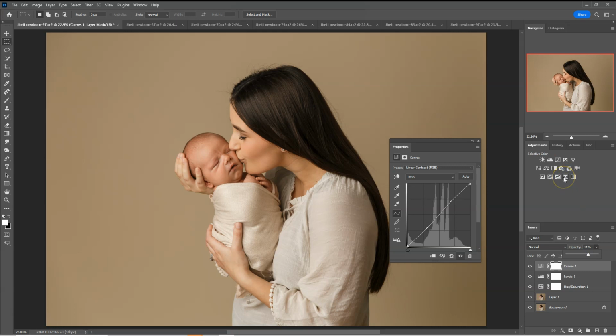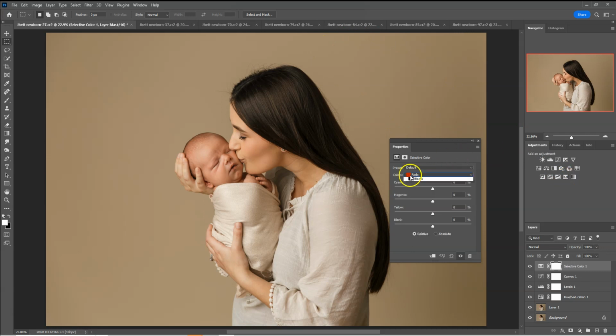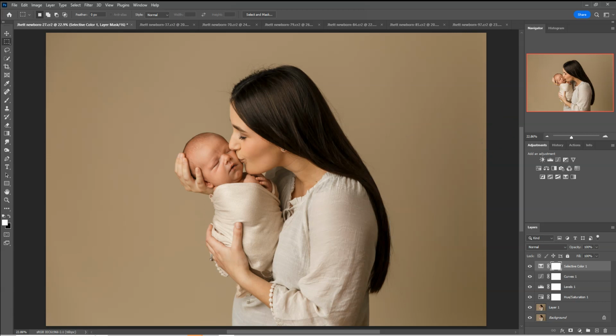And I like my blacks to be a little bit darker, so I go into a selective color layer and go to the blacks and just pull that up a tiny bit. And there's just a basic workflow. I would probably in reality have a little bit more, but I just want to do this quick to show you guys. So now I go back to the Actions panel,